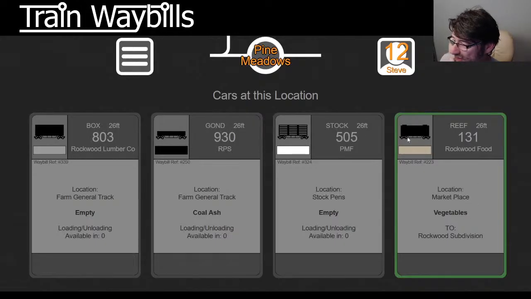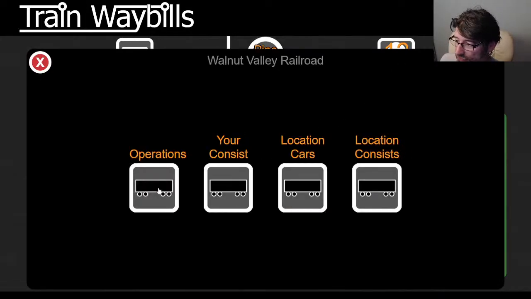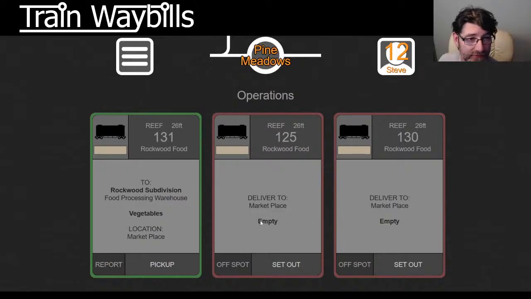One of them is in Marketplace. Marketplace can handle 3 cars, so I know these 2 can fit quite happily in Marketplace, and we can leave this one here for our westbound journey. Now,